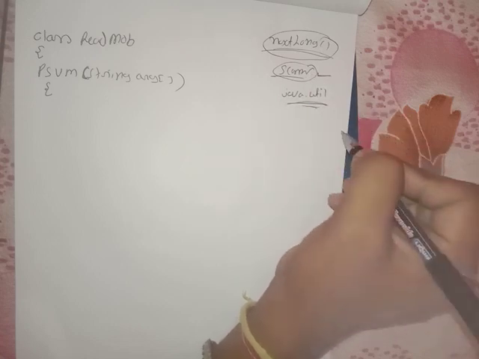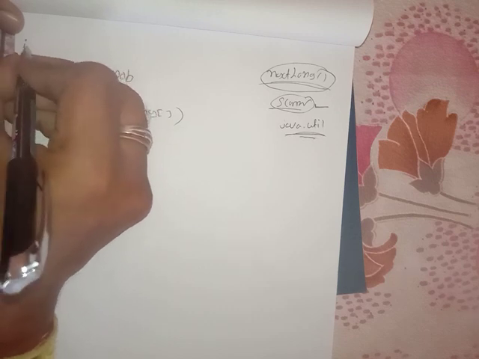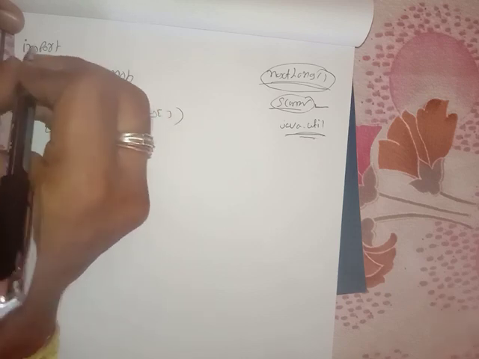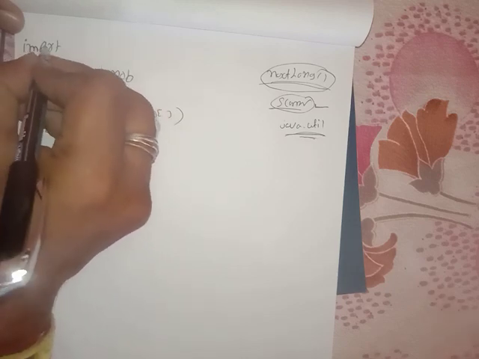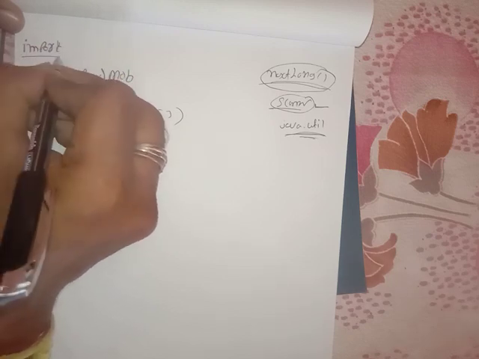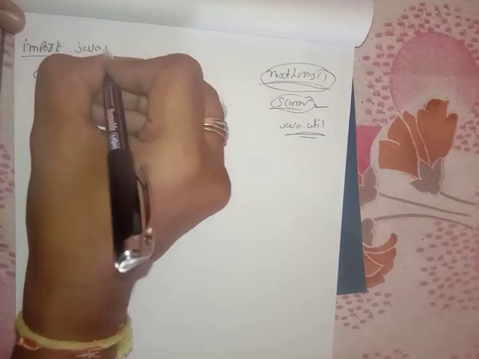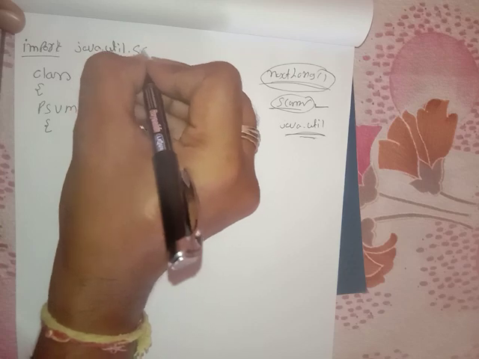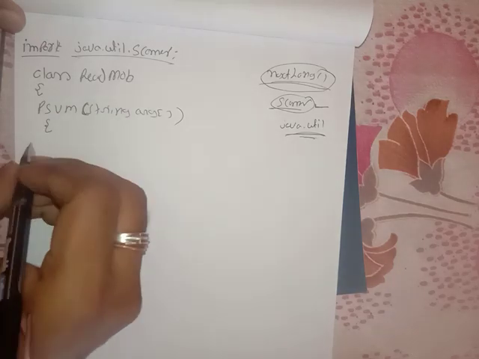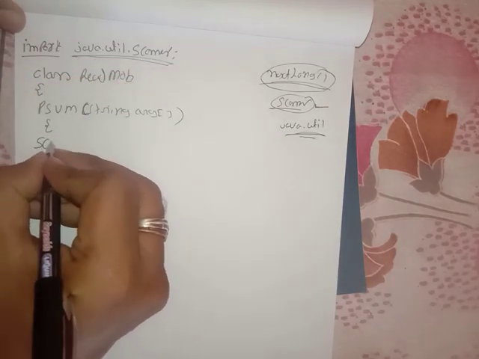How to make this available to my program? By importing. For example, in C and C++ we include the files which are not available. In the same way, whatever is not available in our program in Java, we have to import. Import is a keyword. import java.util.Scanner; you have to import. After importing, you have to create an object, because if you want to call anything, you have to create an object.